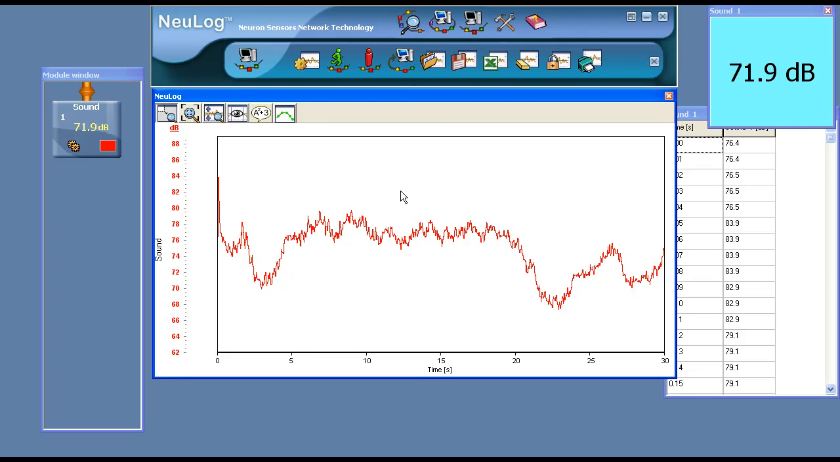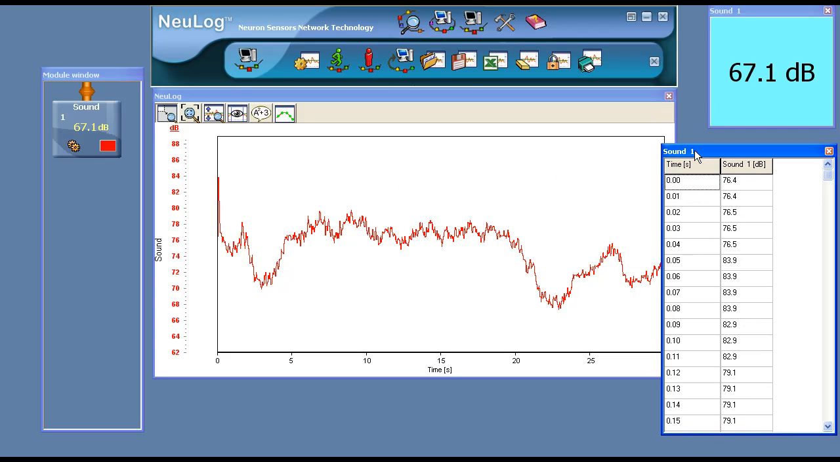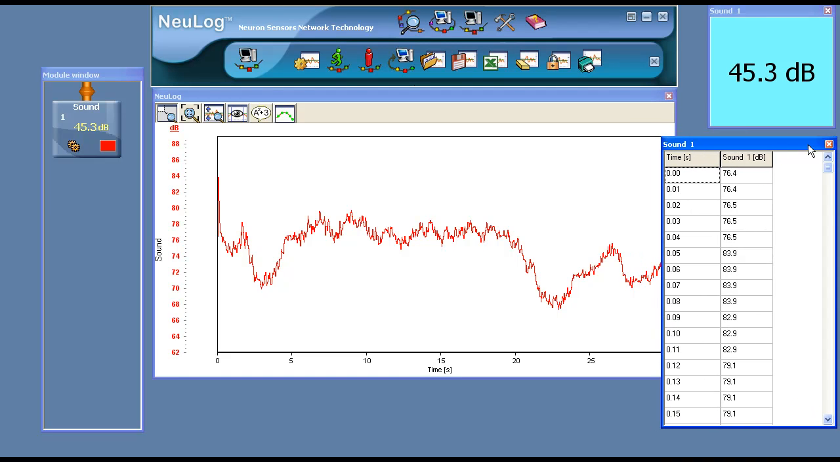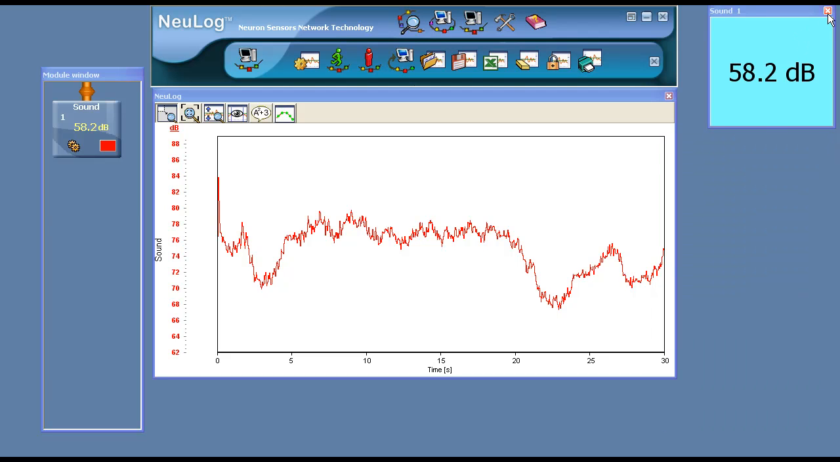So that's the sort of experiment you can do remotely, and you can see we've got all the data in the table there, and we could download it into Excel. We can save the file. We can do a number of things with that. But what we're going to do now